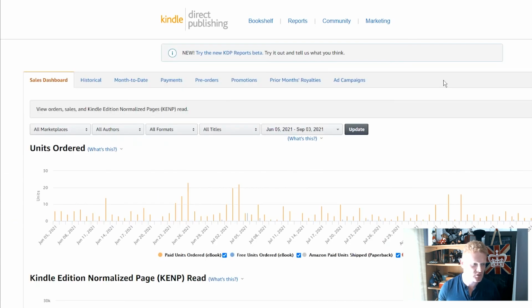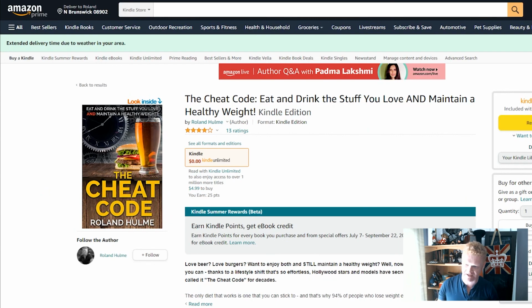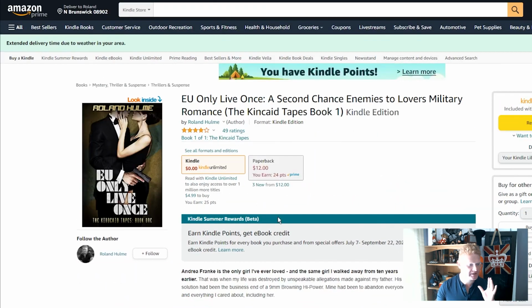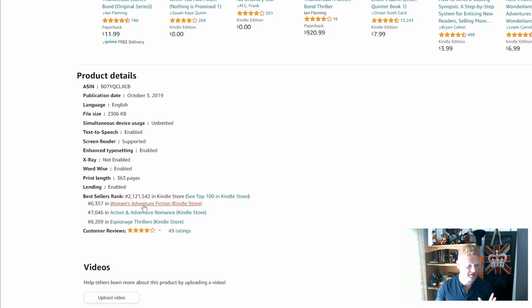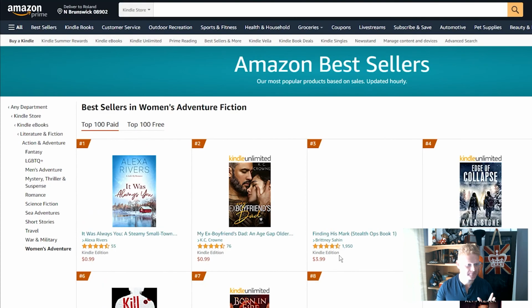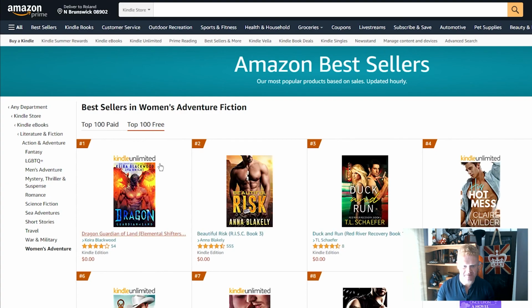And then we can go to KDP Select and go to reports, and we can actually see how many books we are giving away for free. And it's kind of exciting, I'm not going to lie. Because of what we did with the categories, the category overhaul, you can go into certain categories when your book is being given away for free, like women's adventure fiction. Click the top 100 free, and hopefully your book is going to be given away to so many people that